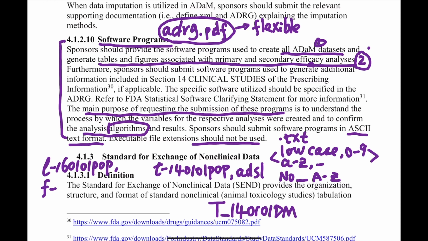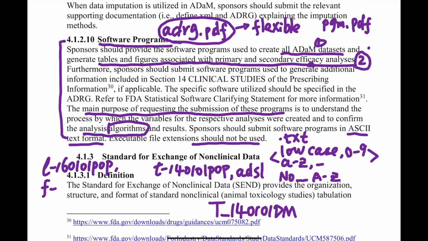Or another way, you can have a separate file, called a programs reviewer's guide PDF, which can have multiple pages where you describe each program in detail, the hyperlinks, and how to set up,